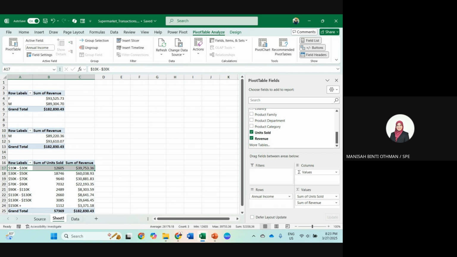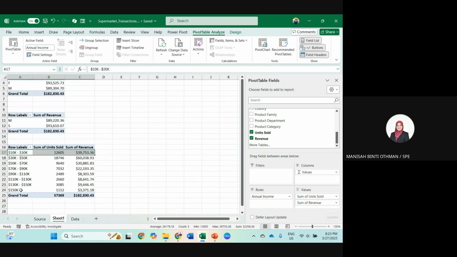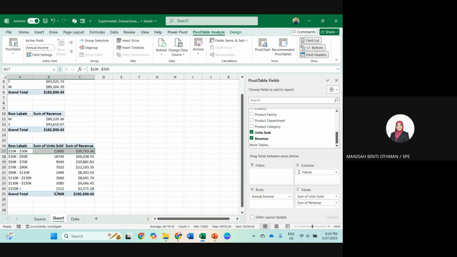It's based on the digit 1 first. So we have to make the arrangement. So this is the table to display annual income, number of units sold, and also total revenue.